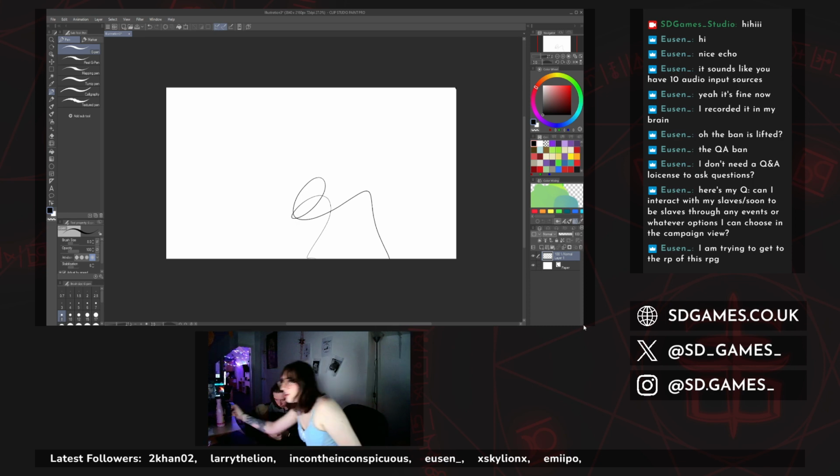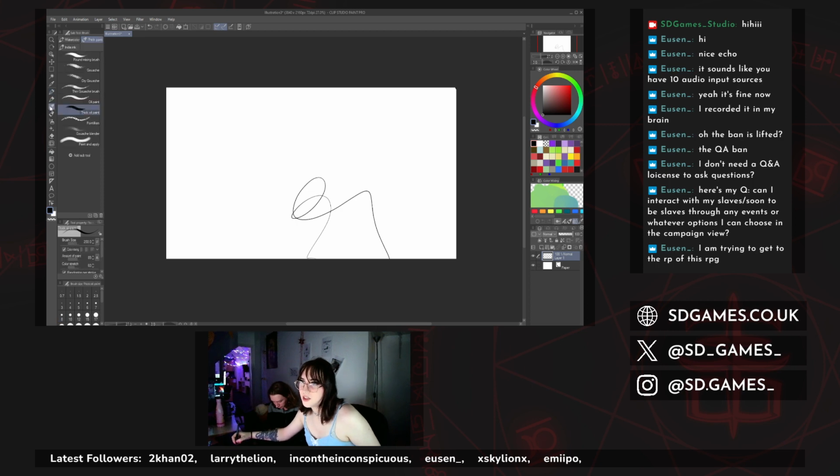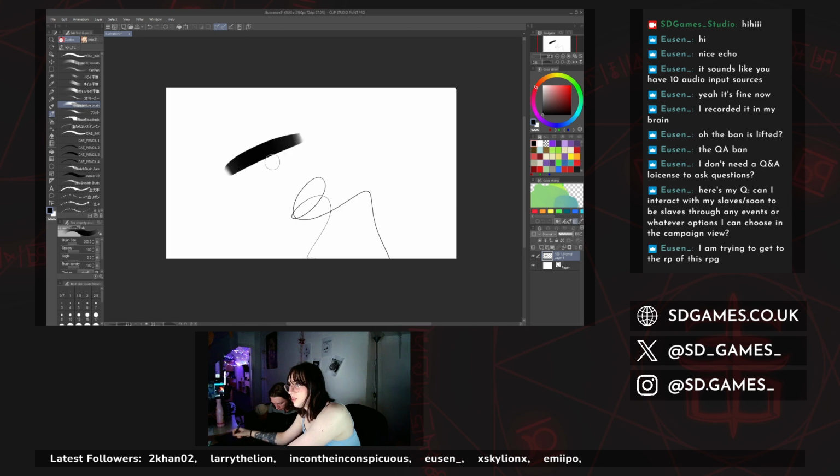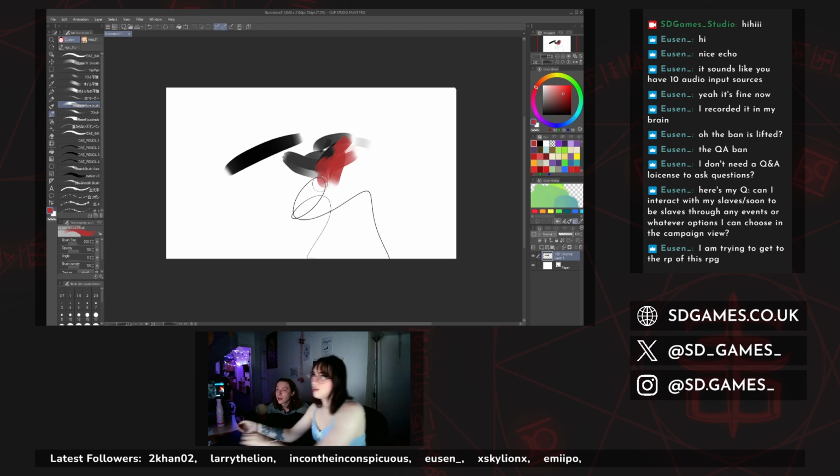I would personally recommend trying some of the custom brushes I have from over here. These are really nice, especially the square texture brush, which I really like. Obviously, if you increase the size with these, I really like this brush because this is how it looks. It has a really nice blocky look for things. It's one of my favorite brushes. It's a nice one. I have a lot of them.